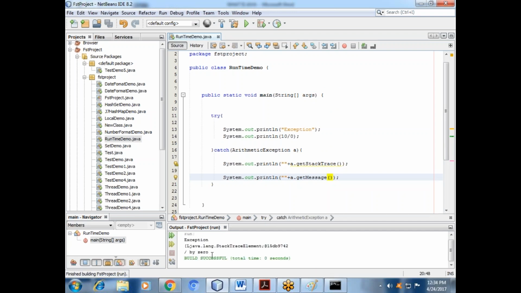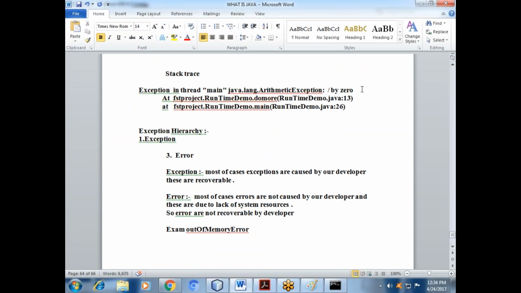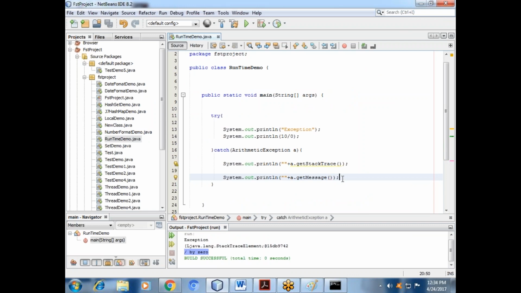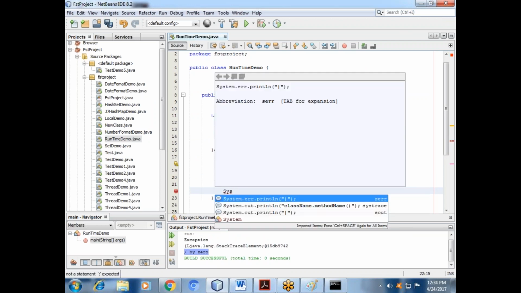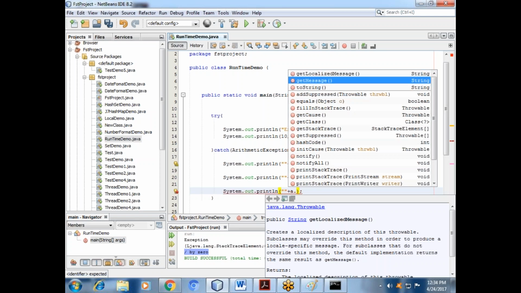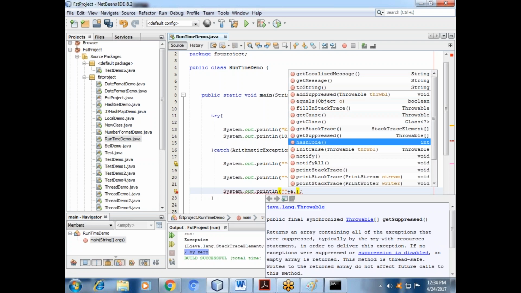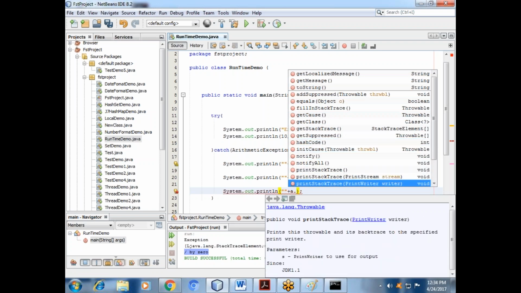Based on that, you can show a message for division by zero. You know the description already. By zero, you are getting it or not? We also have the division by zero message. So you can communicate this way. Suppose another method is also there, you can write it. How much depth you get depends on your interest. getMessage, toString, getClass, getStackTrace, getSuppressed, hashCode, Throwable, notify, printStackTrace, all those things.